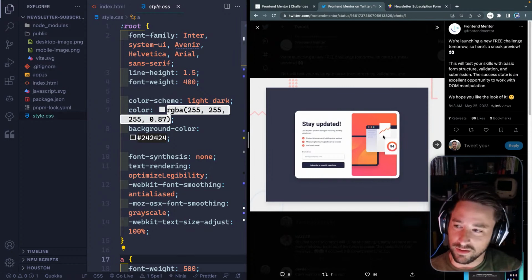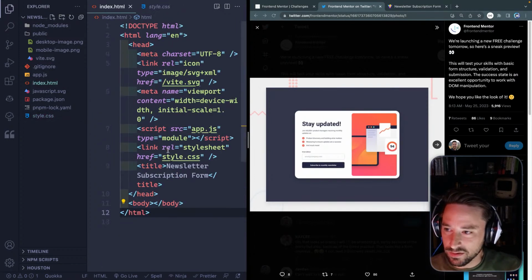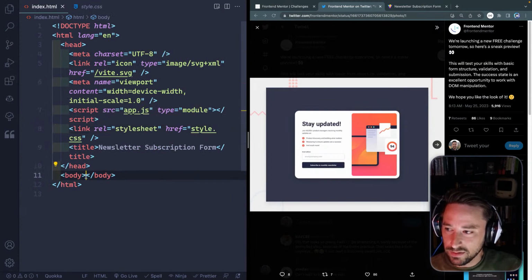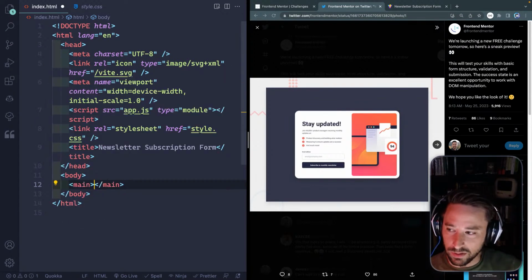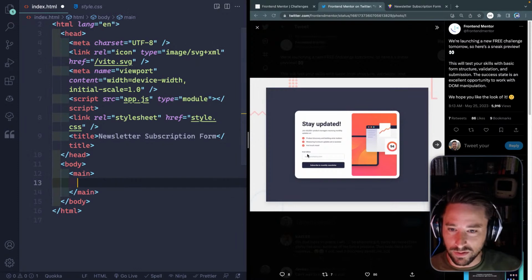But I think in this case, maybe what we should do is just get the basics of the HTML in there and kind of go from there. So if I were to come in here, I'm probably going to throw all this in a main tag, and that will be what kind of sits in the middle. I'm guessing this background color,